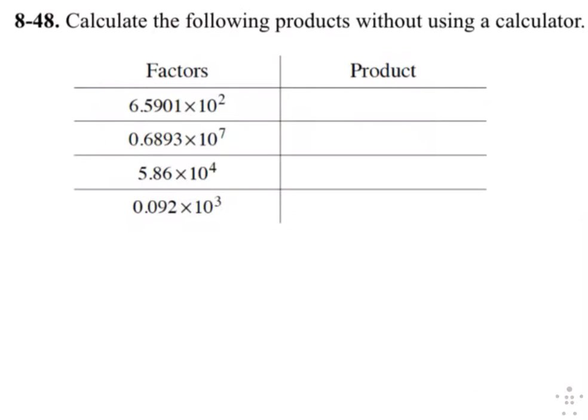Okay, this one they're asking us to calculate without using a calculator. Now the key part is when we multiply by powers of 10, we are shifting the decimal point. So for the first one, it's 10 to the power of 2. That means I'm moving the decimal 2 places to the right. So if I move it once, twice, it ends up there. So it's